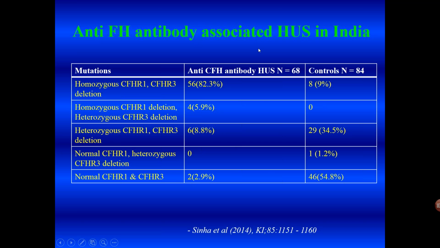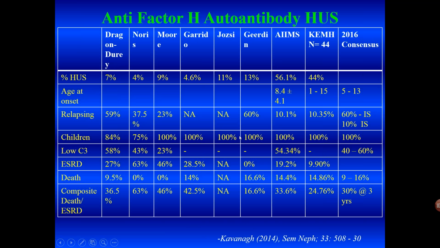When these patients were found, they analyzed them for genetic mutations. Look what they found. The homozygous deletion of CFH-R1 and R3 was by far the commonest, 82%. And when they looked at other deletions in these two genes, the total number of the patients with anti-factor H antibody disease numbered almost 89 to 90%. When they looked at the controls in their series, what they found was, once again, normal CFH-R1 and R3 in only about 55% of patients. So a huge number of our Indian patients appear to have CFH-R1, R3 abnormalities in their genetic sequencing.